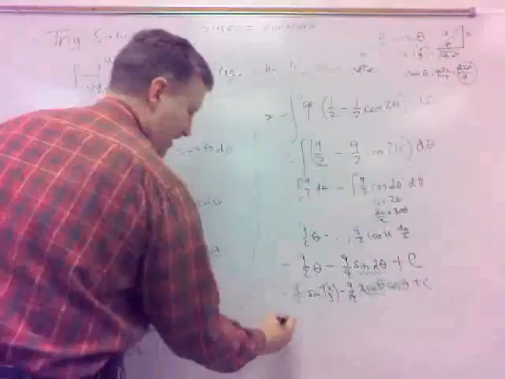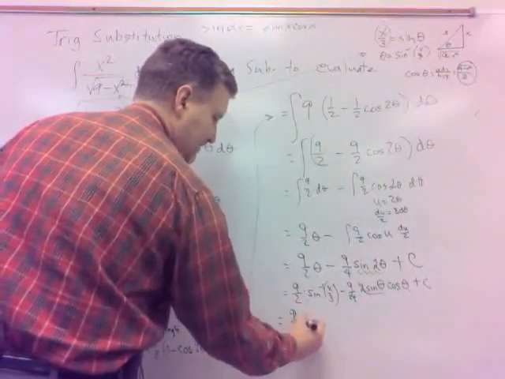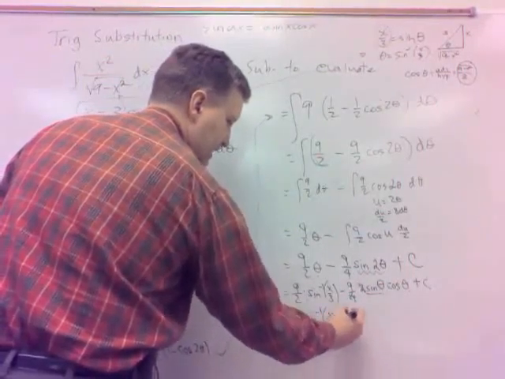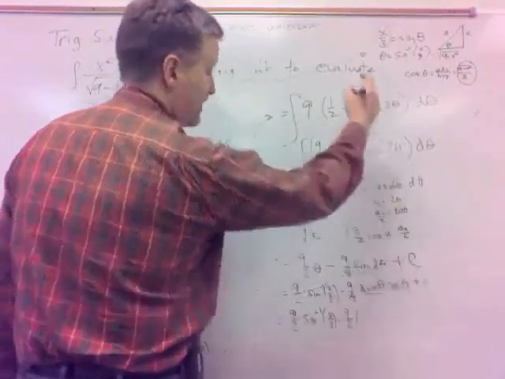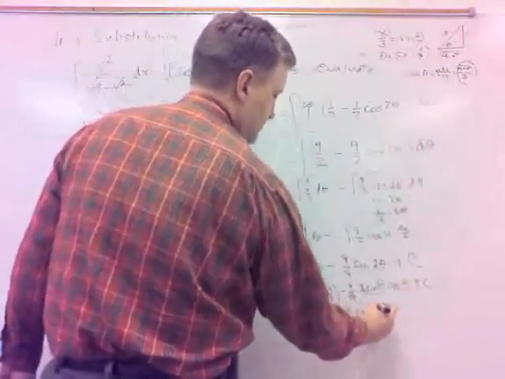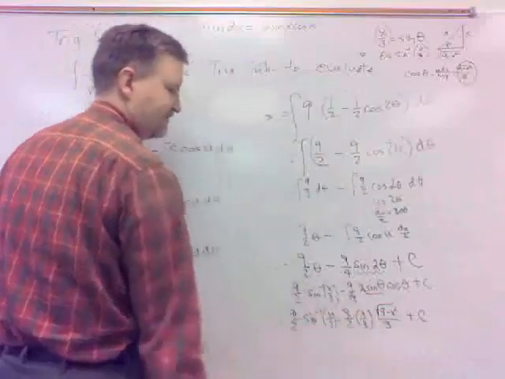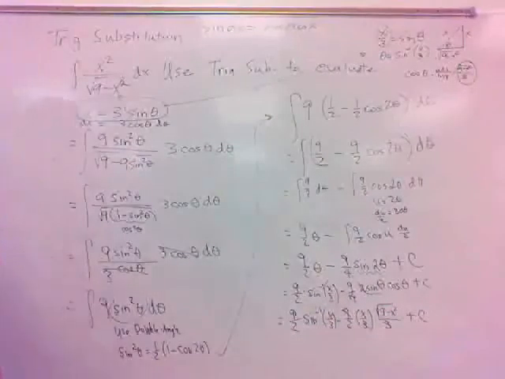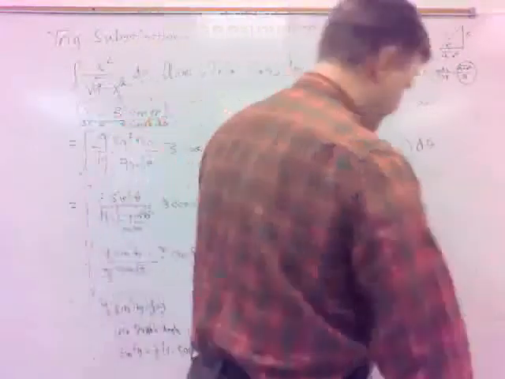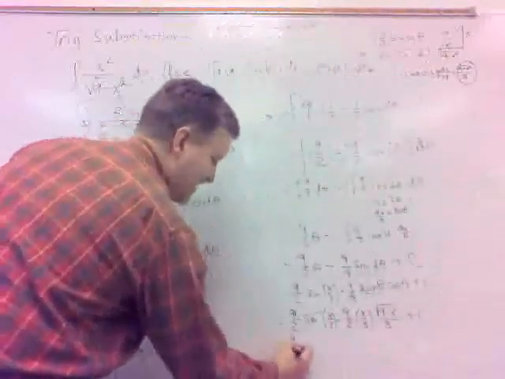And I've got it. 9/2 sine inverse x over 3 minus 9/2 sine, which is x over 3, cosine is the square root of 9 minus x squared over 3, plus c. And the good news is this 3 and this 3 cancels that 9. So my final answer is 9/2 sine inverse x over 3